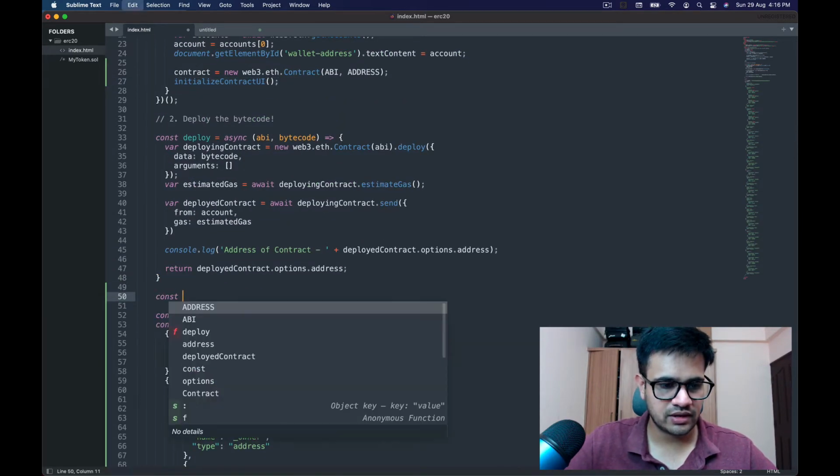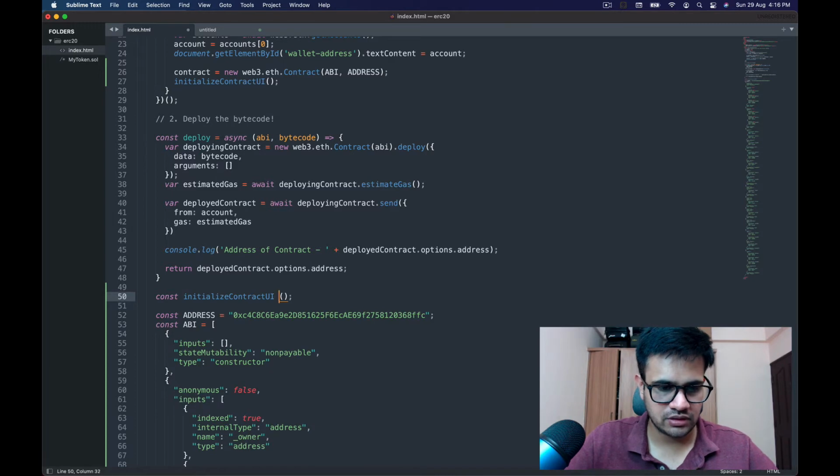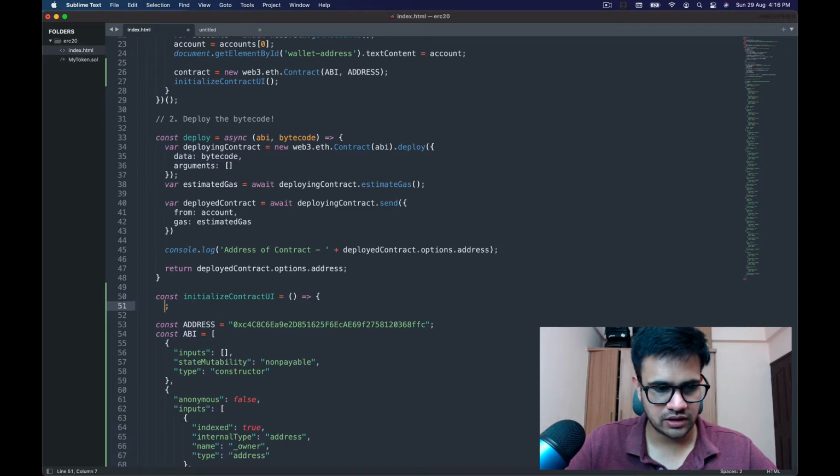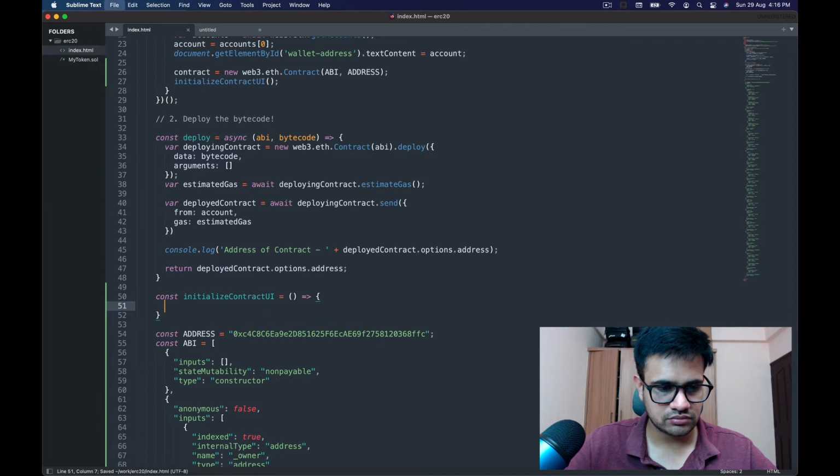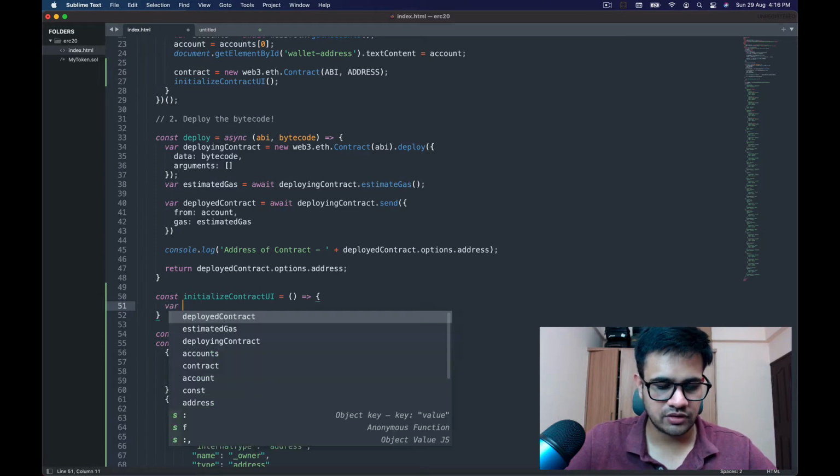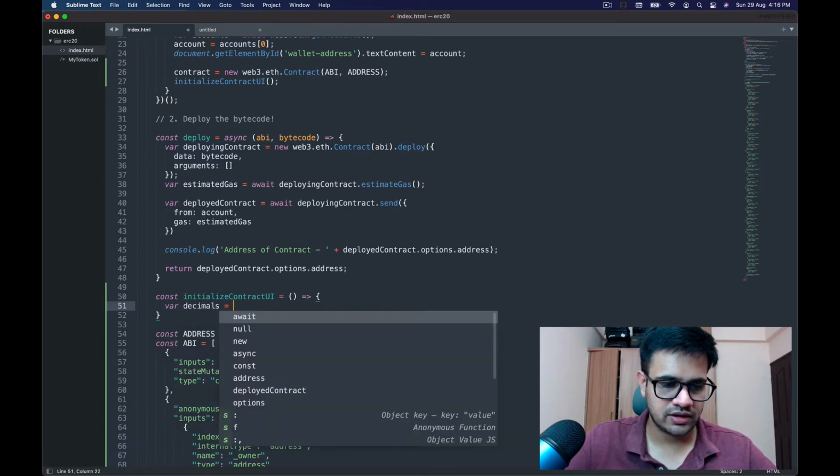So for that, we are going to write const initializeUI, which will be a function which can be called like this. Now what we're going to do over here is we have the contract. First of all, we'll figure out the number of decimals that are required.